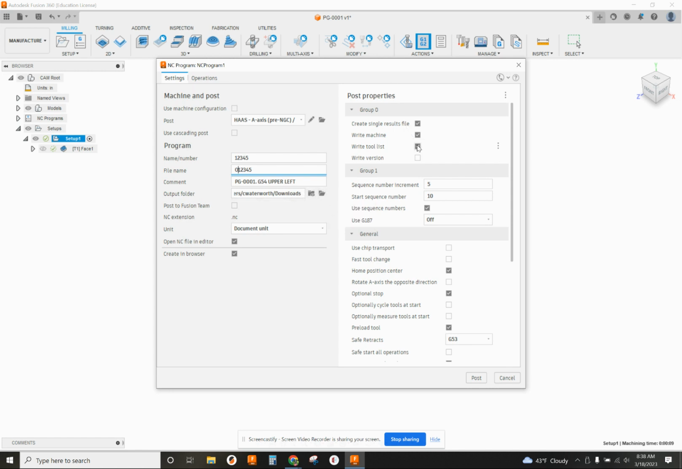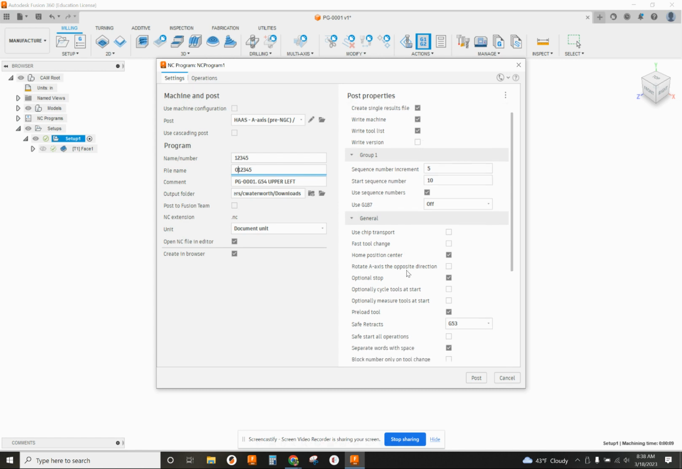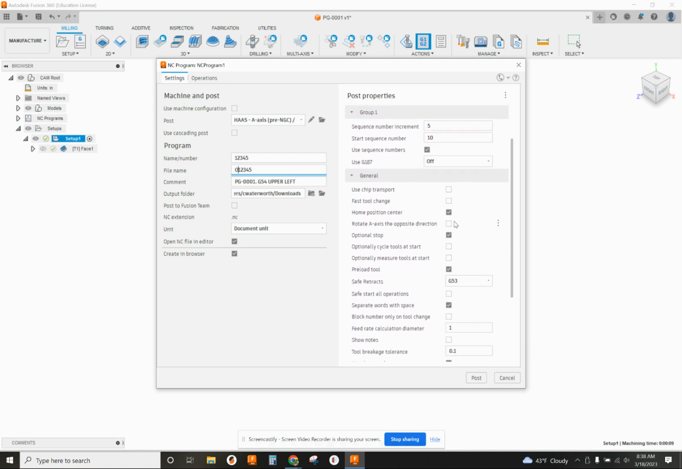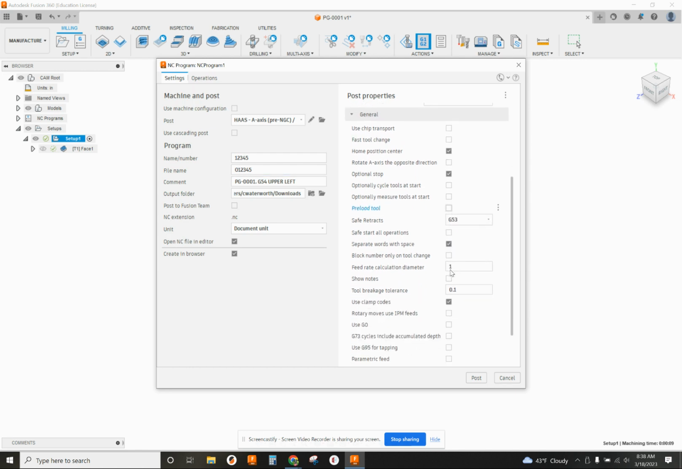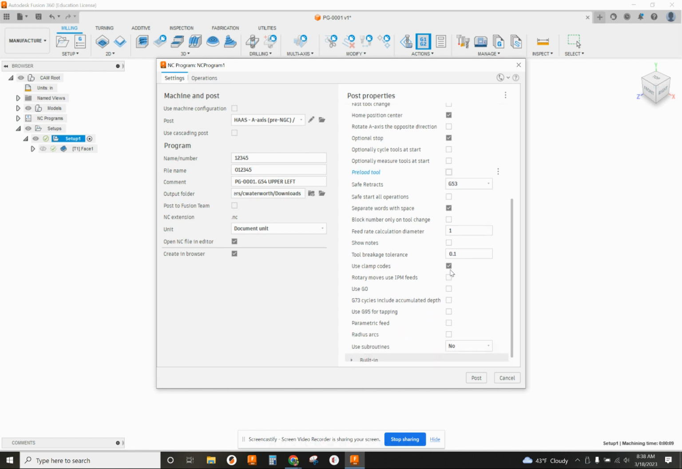Over here, there are some things you can control in the post. You want to make sure that optional stop is on. You want to uncheck preload tool. And there's another one that says use G0. You want to click that one on. Then you're going to click post